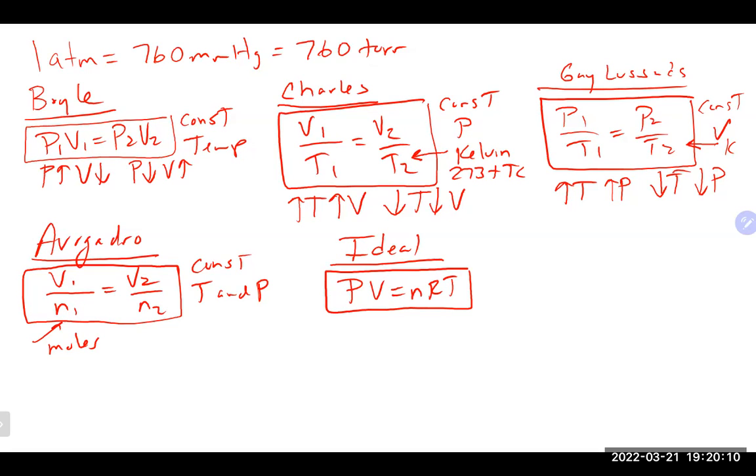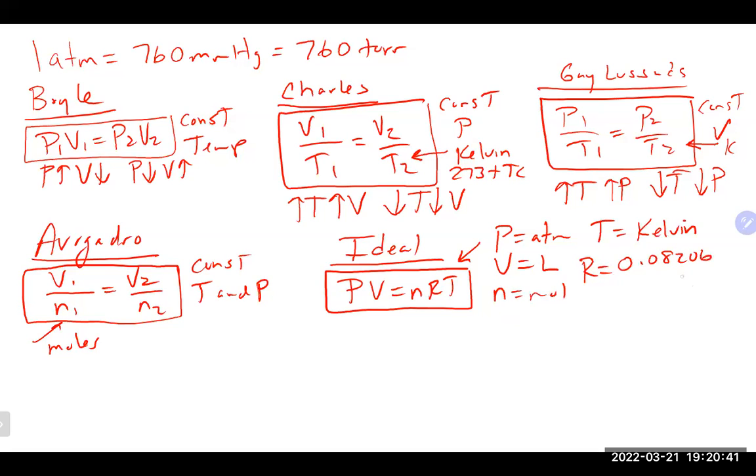It is also the most restrictive in terms of units when you use the ideal gas law. 100% of the time when you use the ideal gas law, pressure needs to be in units of atmospheres. Volume needs to be in units of liters, and n should be moles. T needs to be Kelvin as the units. And really the reason for all that is R. R is the gas constant